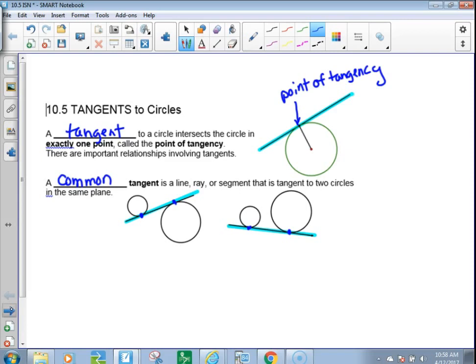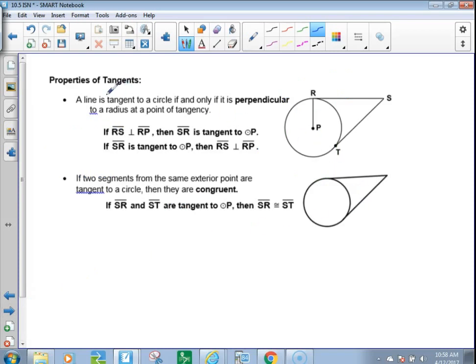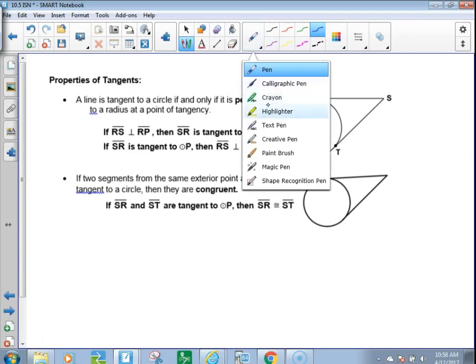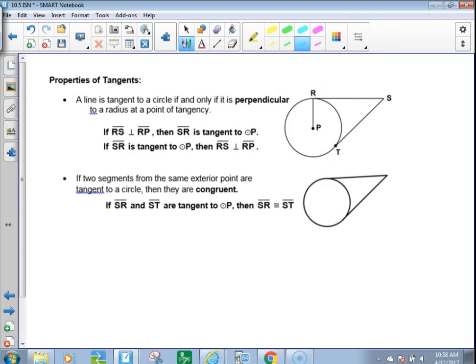The next real important thing about a tangent is a line is tangent to a circle if and only if it's perpendicular. So to prove that a line is tangent to a circle, you could use the Pythagorean theorem. To prove that that line is tangent to that circle, you would need to know for sure that RP is perpendicular, which would mean what right here? Yes, Nathan, a right angle. So we would definitely have a right angle there if that was a line of tangency, because RP is clearly a radius. So if RS is perpendicular to RP,